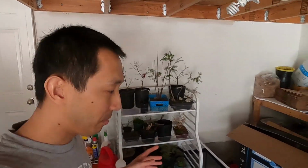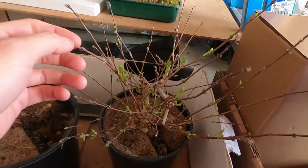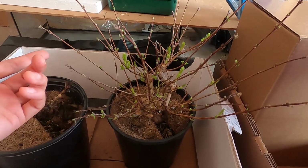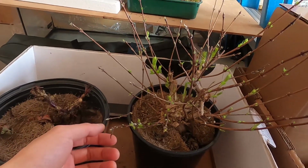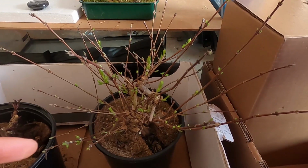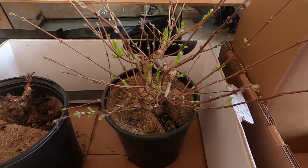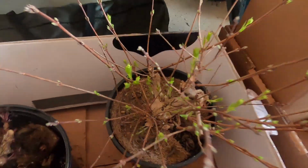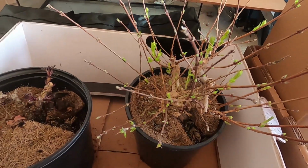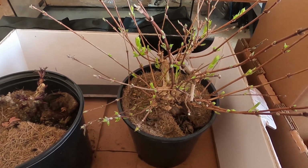Okay guys, so here I am in the garage. Let me show you what happened. So this is the honeysuckle. As you can see, it's already starting to leaf out almost. I can't move this outside. I did that last year actually. When it started leafing out, I moved that outside, and it kind of almost killed the tree. So I'll just let it go, and whatever happens happens. It's just going to leaf out and either grow really slow, or it'll just have longer internodes or something because there's not